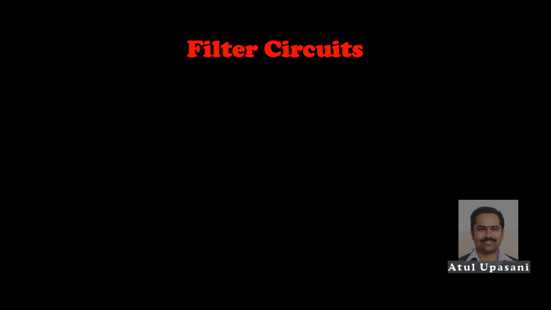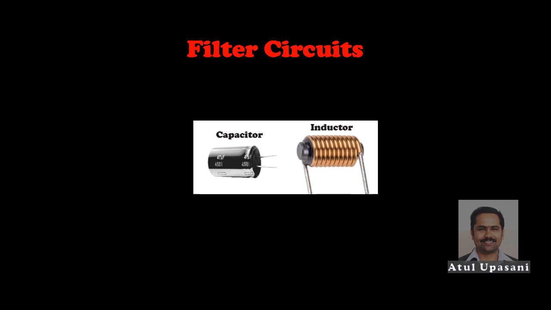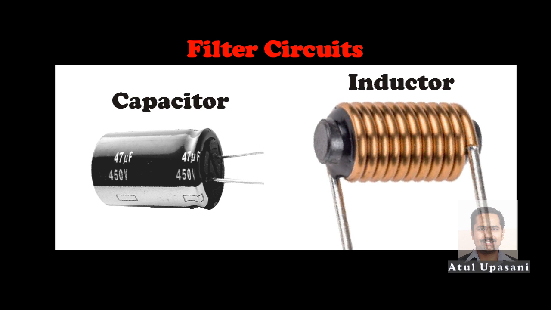Using the filter circuits, the unwanted AC is removed. Filter circuits are used to block the AC and to allow the DC at the output. Therefore, a filter circuit is necessary after rectification. The main components used in filter circuits are capacitor and inductor. These two components offer reactance to AC and DC components depending on the frequency. By using these two components alternately or in combination, we can construct the filter circuits, and using this filter circuit we can get the pure DC.